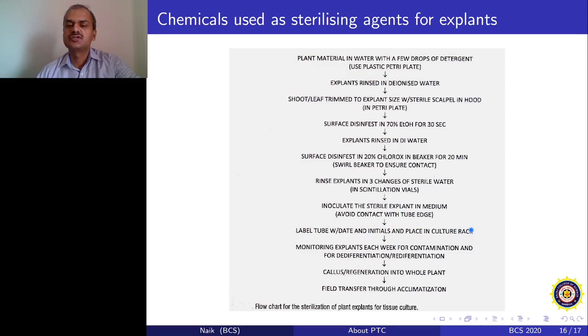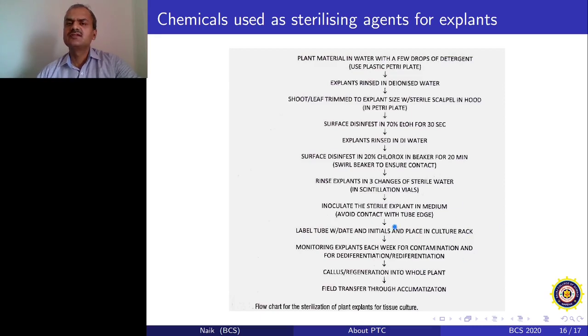And after inoculation, you keep those cultures in an incubation facility, that is the culture room. You have to observe those explants every 3 days, because generally within 24 to 48 hours you will have bacterial contamination, if at all. If you don't see any oozing out or any kind of colony, that clearly means you don't have a bacterial contamination coming out of that explant. If you're not seeing any mycelial-like growth on the explant surface, that means your explant is contamination free.